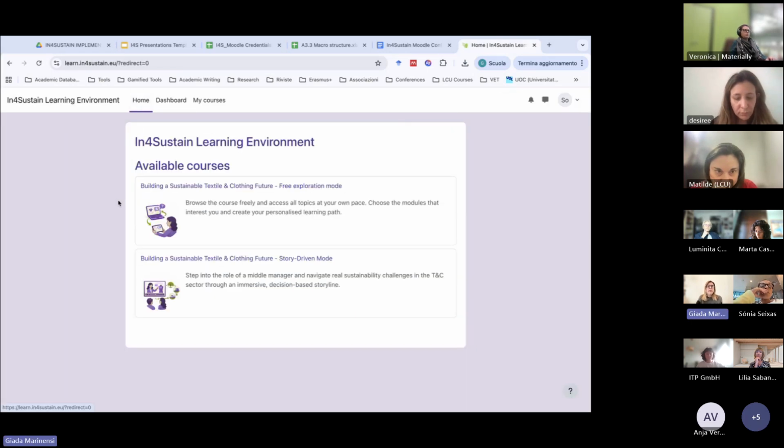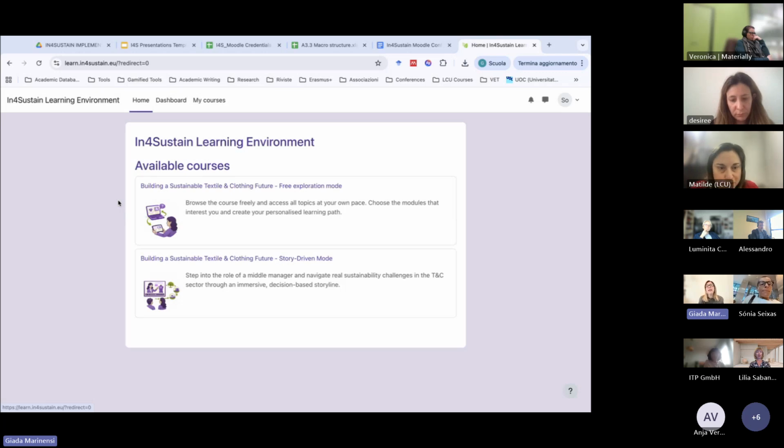Going into the platform, the students will be able to see the two different versions of the course that we have created. Indeed, the course can be accessed in two different modes. The first one is the free exploration mode, and the second one is the story-driven mode. The content in these two courses is the same, but the fruition mode is different.